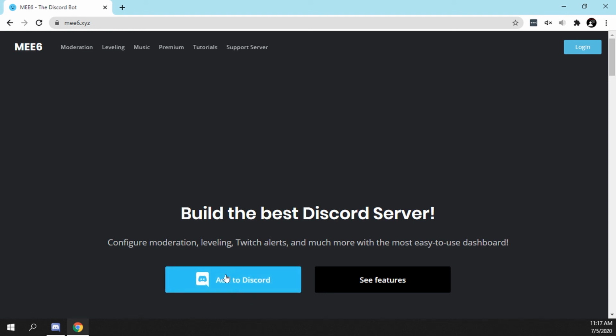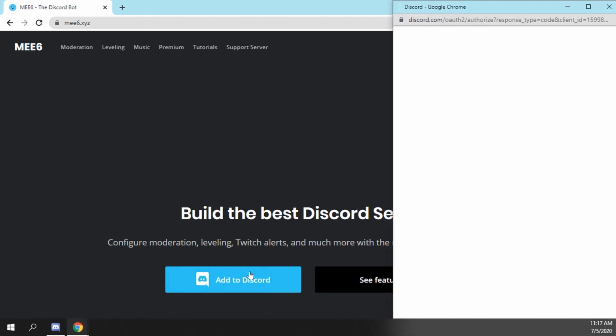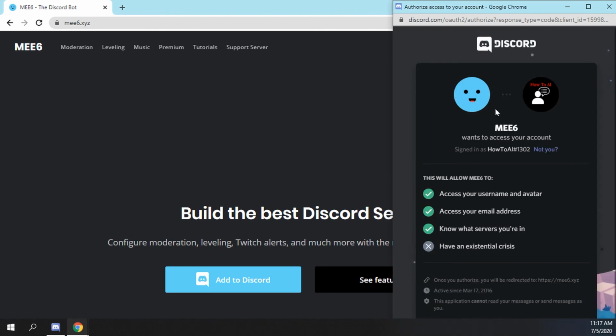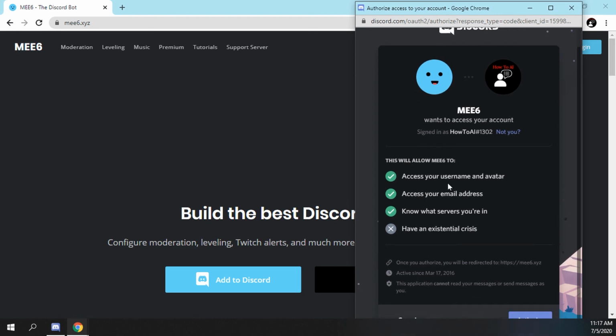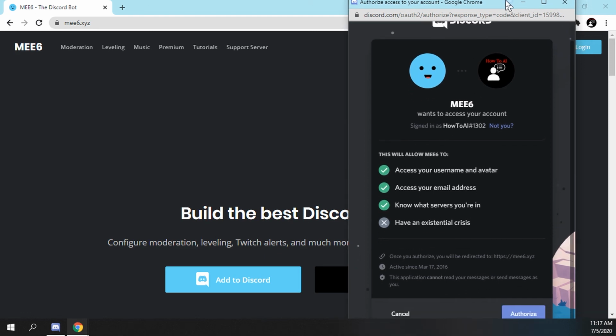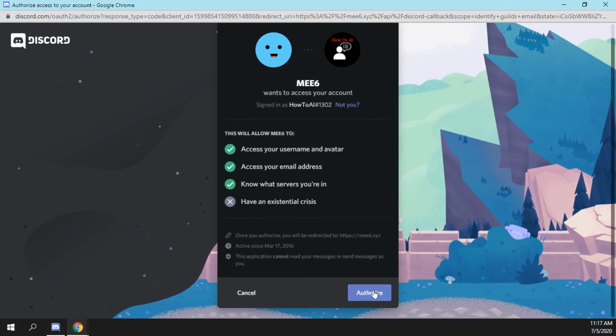So I'll go ahead and select on this one. The reason why I'm choosing this one is because it's used to configure moderation, leveling, Twitch alerts, and much more. The most easy to use dashboard. So we'll go ahead and select add to Discord here. Okay. Give it a sec here. It'll pop up with a little window saying, are you sure you want to do this? This is all the stuff we'll have access to. If you just bring it up and then select authorize,